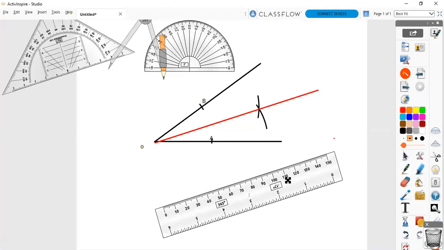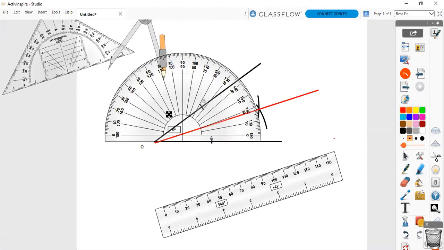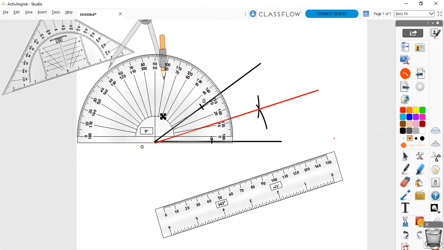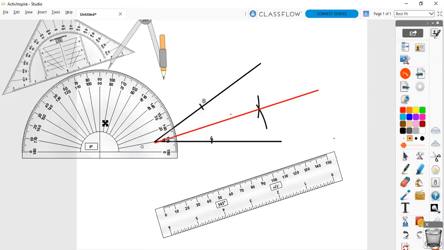So this is how we have divided this entire angle. If you can see, this angle is, I think, 30 degrees, and you bisect this angle, for example, into two parts. So this is how we can go for the bisection of the angle.